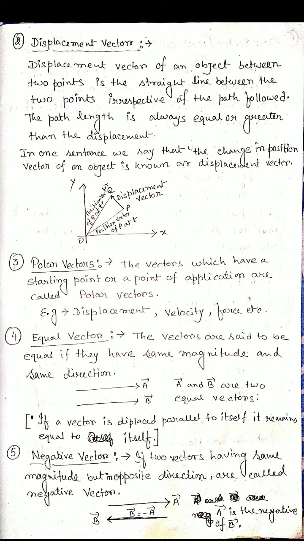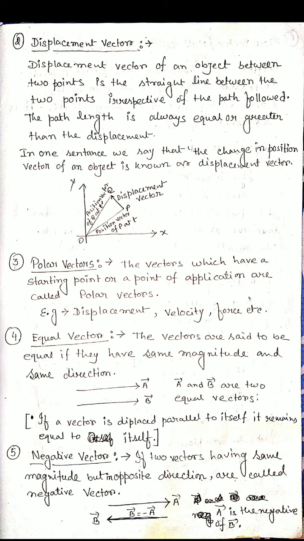That means one object is situated at time t at a point P. Okay, this is the initial point. Now it will be displaced from P to Q at a certain time t dash. So Q also has some position vector. That's why we join point Q to the origin by a straight line, which gives us the position vector of Q.